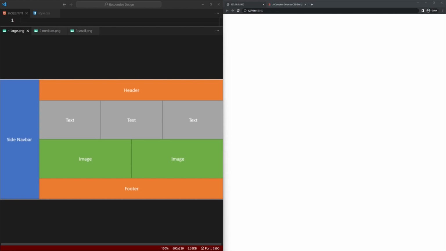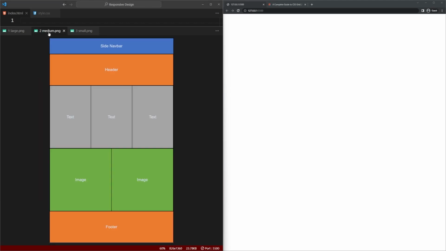In this video, we're going to work with CSS Grid to lay out this HTML page. We're also going to use media queries to rearrange this page for a smaller screen size. We're going to make it responsive for a medium one, where we move the sidebar to the top, and also